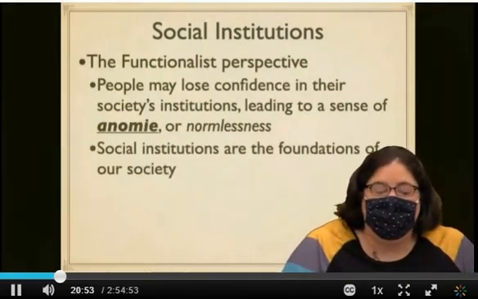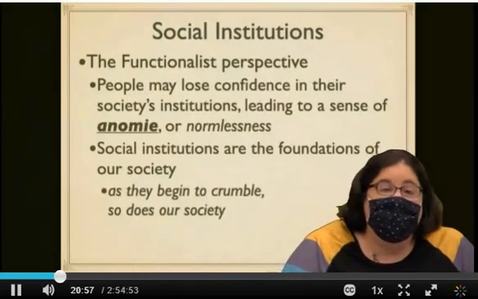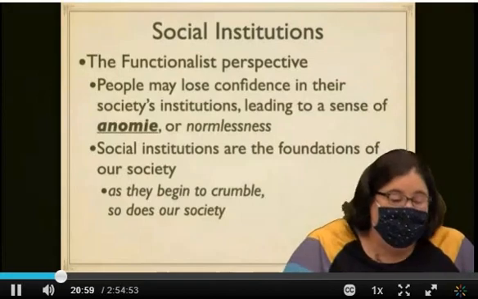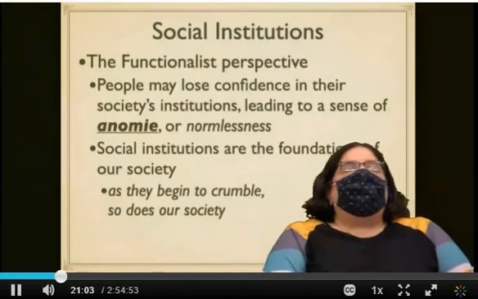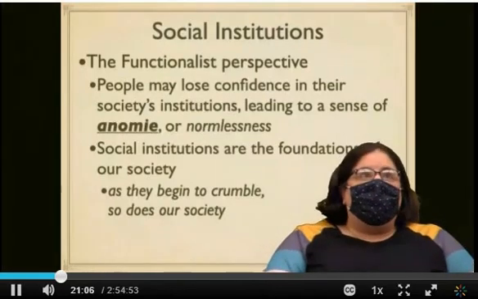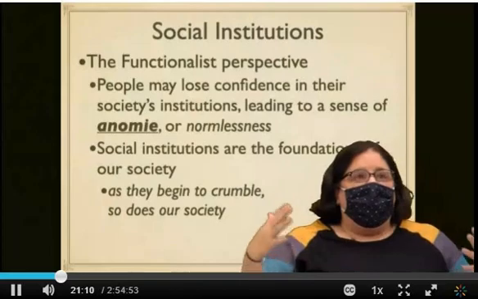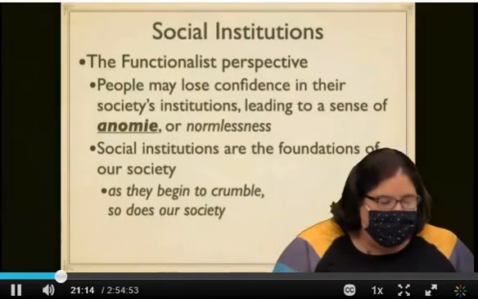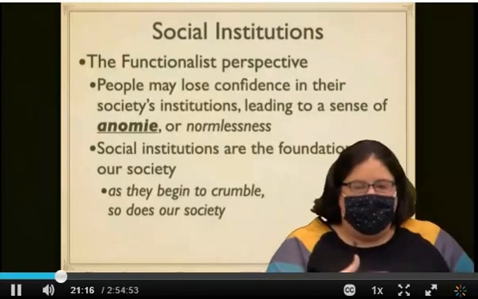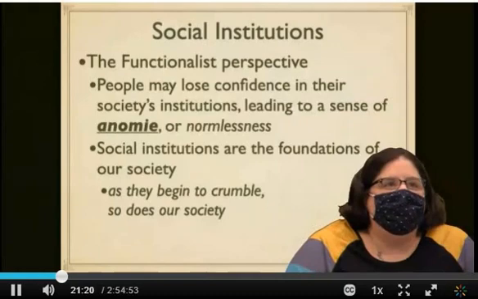Because social institutions are the foundations of our society, when they begin to crumble, society does too. Take, for example, a country like Venezuela. Venezuela had an economic collapse about 5 to 7 years ago. I mean, it was kind of coming for a while, but their economy collapsed, which then led to a